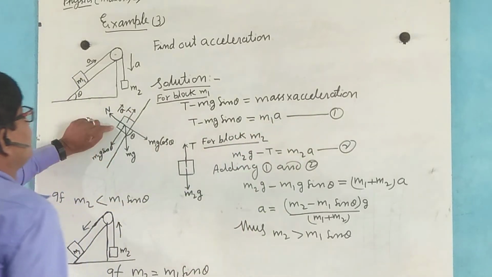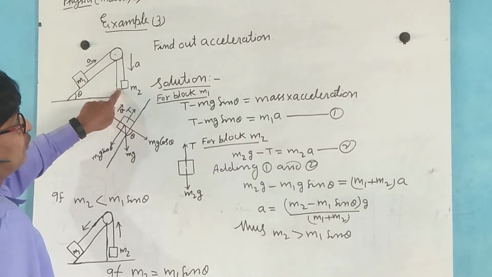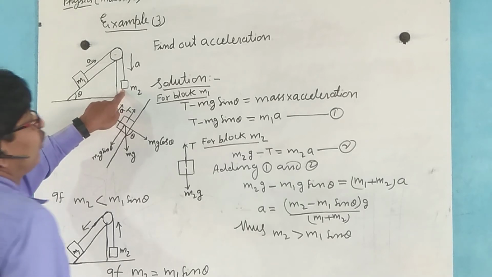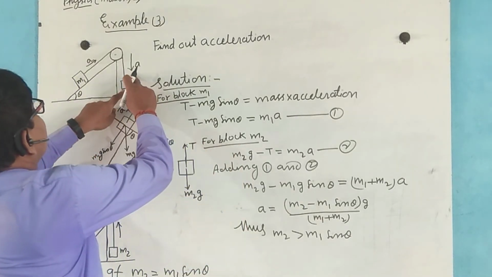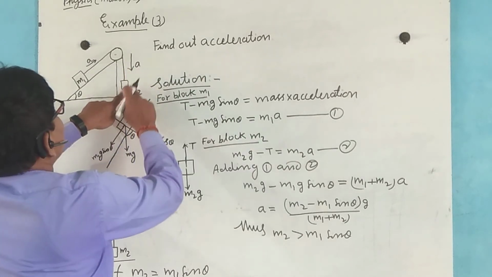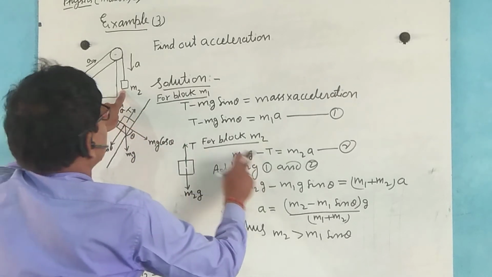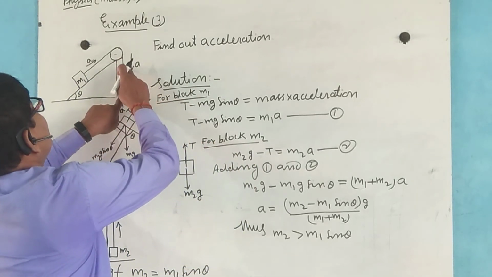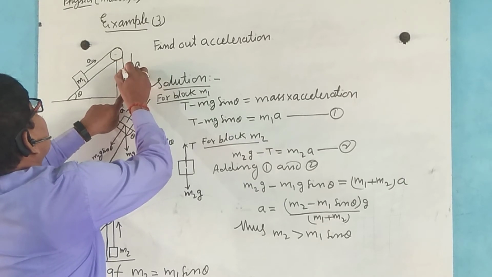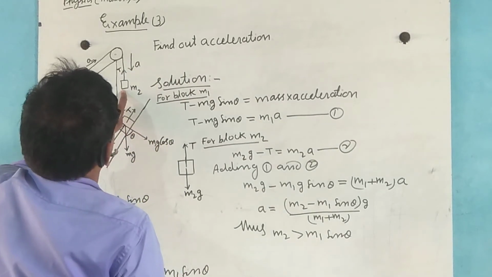This is the relation first. Now we write the free body diagram of block M2 here. In this case, it moves in the downward direction, acceleration is downward, so that M2 is greater, so that M2a minus T, tension force, is created in this direction here. In this case, M2g minus T